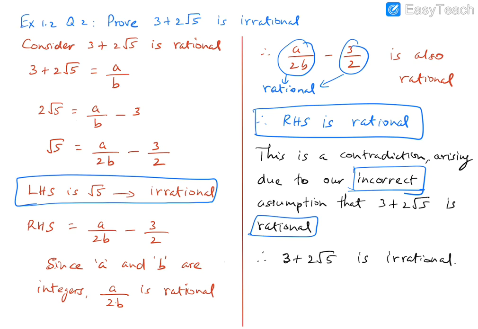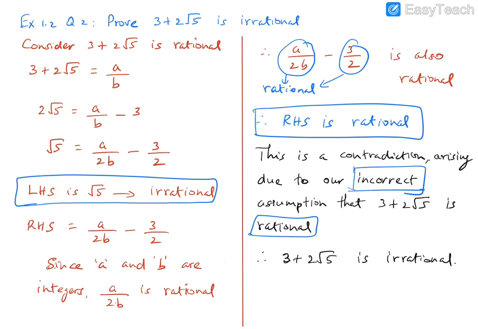Okay, so similarly we can do one more example from the exercise, and we have 1 over root 2. Here in this case it is a quotient, a division of a rational number by an irrational number. On the numerator we have the number 1, which is rational, and on the denominator we have root 2, which is irrational, and we have to prove that 1 over root 2 is irrational. We will start in the same procedure by considering 1 over root 2